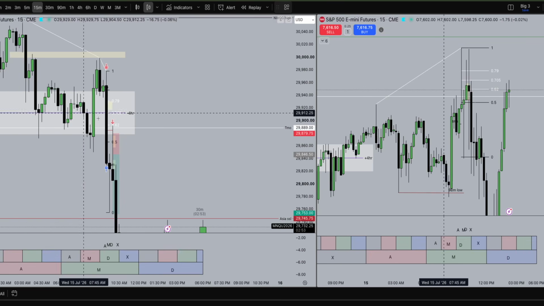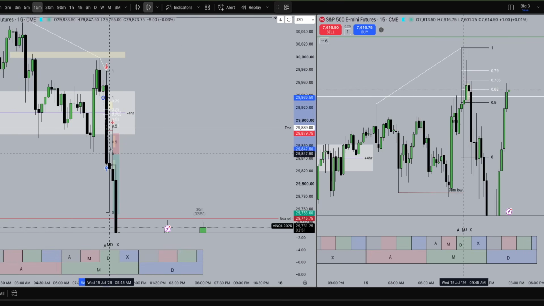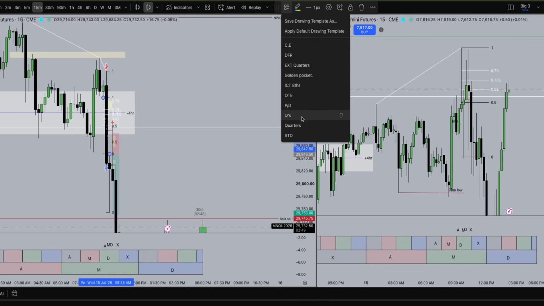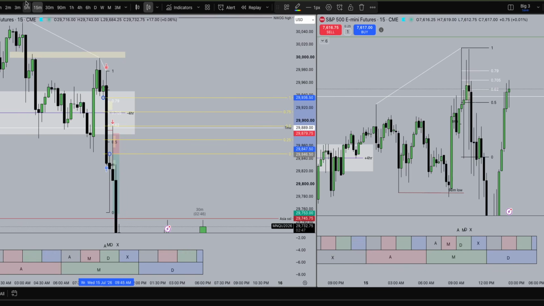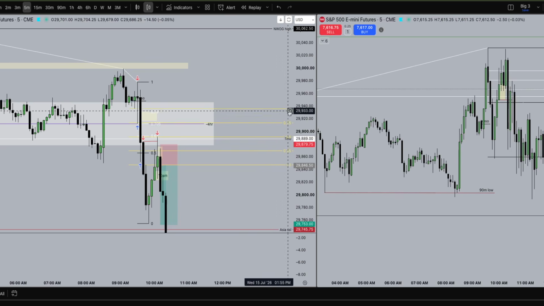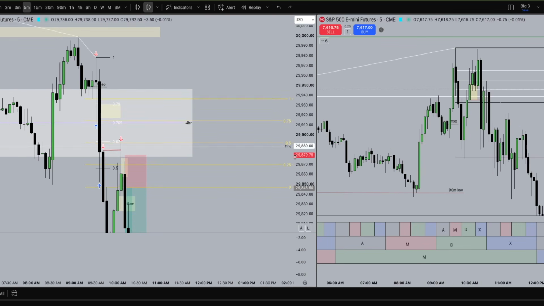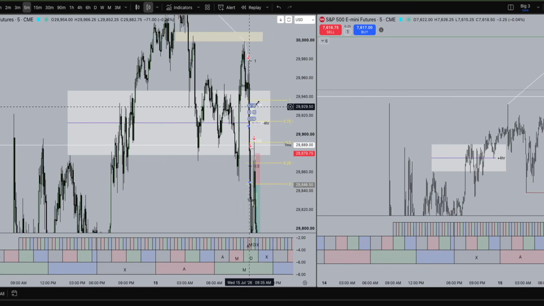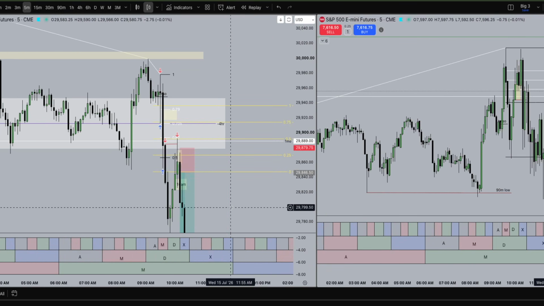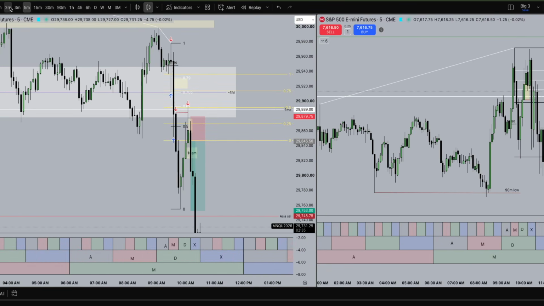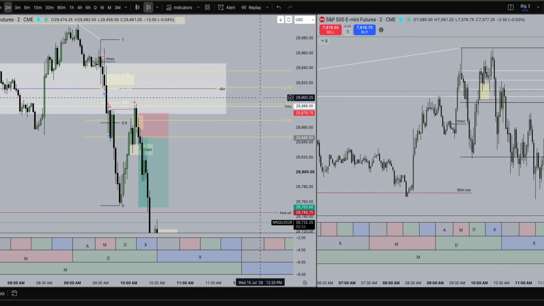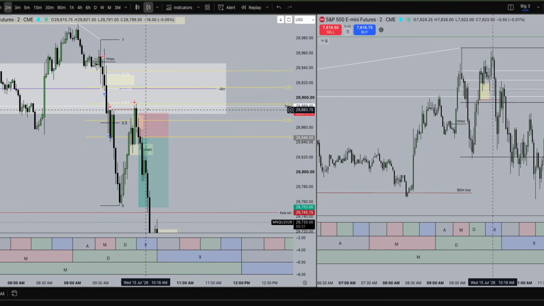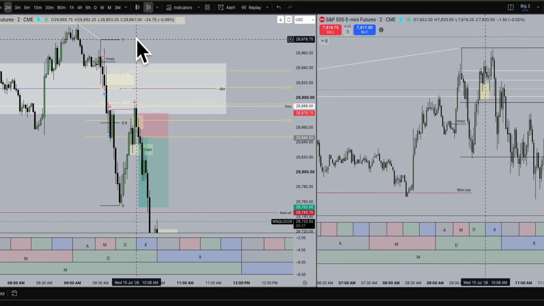The quadrants is what I use today. I use the 15-minute quadrants, CE, along with, I'll put it on boldly so you can see, the 4 hour CE. So true month open is right here. CE, I just mention it because it opened this week, so it has significance on the week. True month open, CE of the 15-minute, that is also why I thought that this high would be aggressive for reversal. That's mainly the reason.